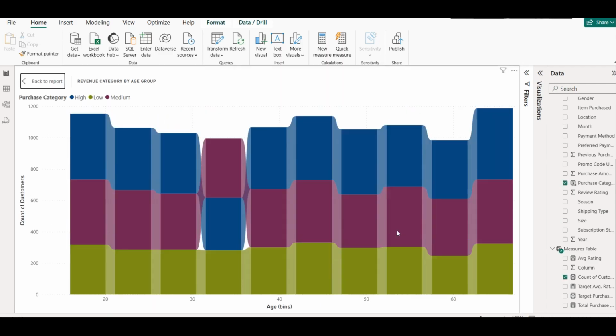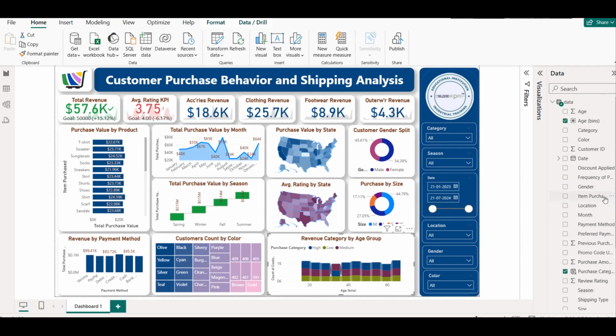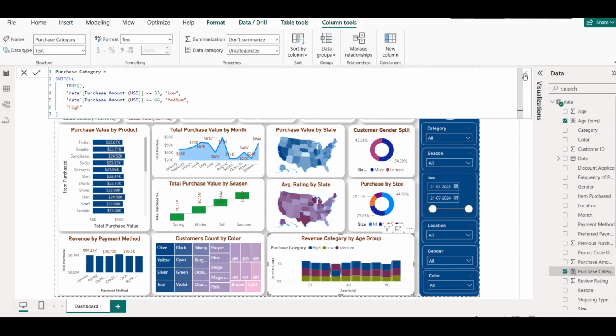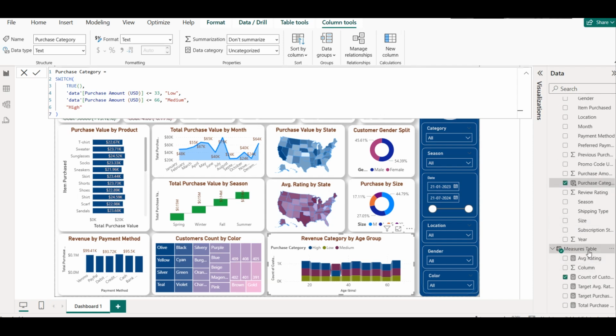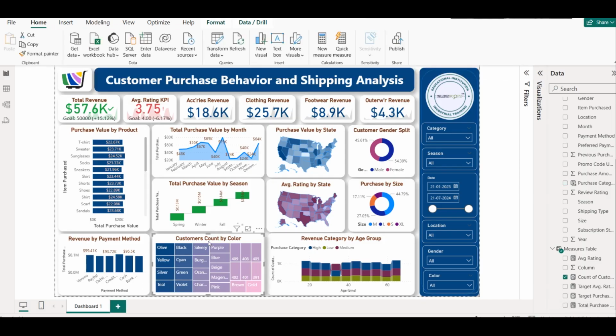Then we will also understand what is the meaning of this ribbon chart, what is this explaining, how have we created a calculated column for age group, how have we created a calculated column for purchase category using the switch function. We have a separate measure table where we have used very simple functions to create target values, total purchase values, etc. Then we have customer count by color of product bought, and how have we applied a gradient color here,